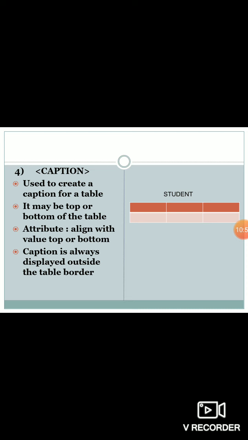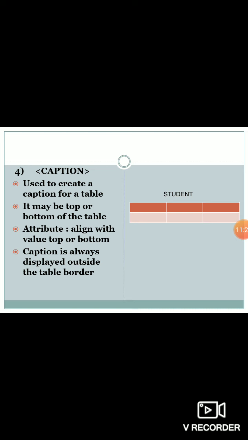Now one thing you have to note is that whenever you want to use a caption tag, you have to use the caption tag before table tag. Before table tag, that means after HTML, head, title close, head close and body start. So after the body tag you have to use the caption tag to print a caption for a particular table.